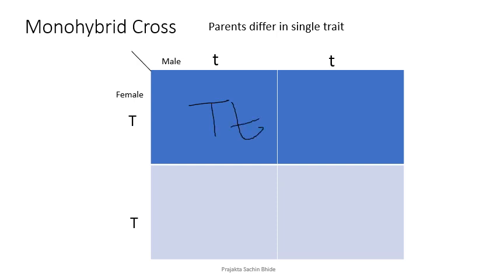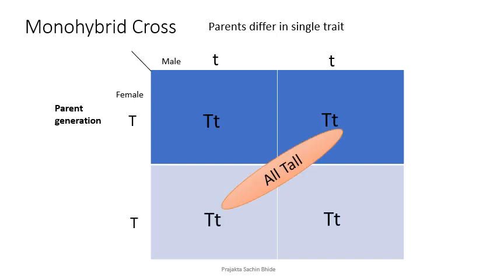In the next one, I will take this capital T from my left and small t from the right. In the column below, again the same thing happens. And in the fourth square, again the same thing happens. So look, everywhere it's just the same. So the F1 generation that I get, all of them are tall plants. This is the same thing that we discussed in the previous slide. Parent generation, this is what it yielded me. And all are tall. All of this is the F1 generation, the first filial generation.